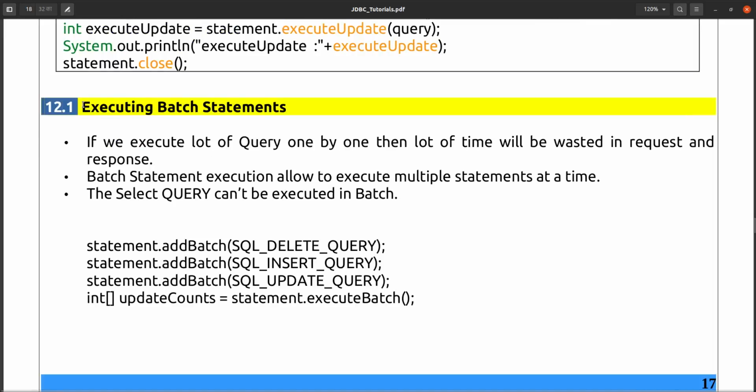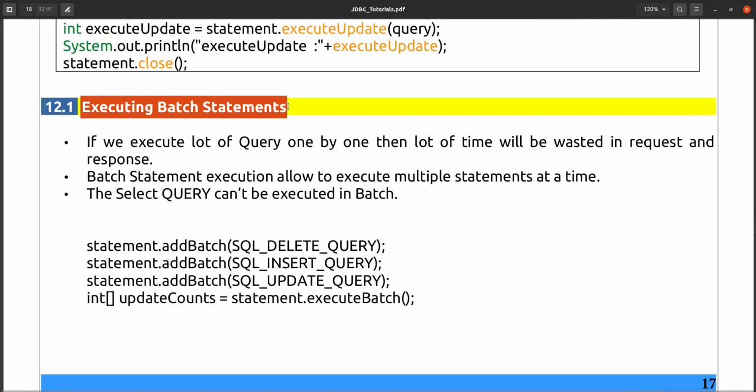And the last one, executing batch statements. What is a batch statement? Sometimes, suppose we are executing statements one by one, in that case every time we are making a connection to the database and executing the query, we are making round trips to the database.